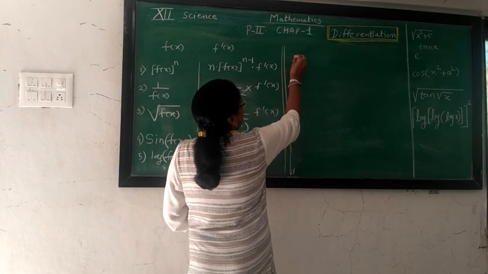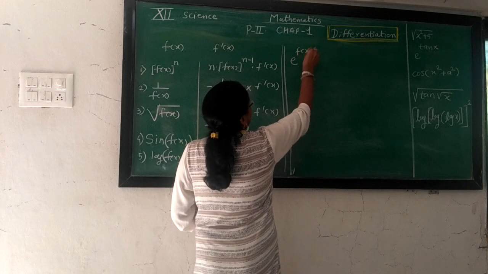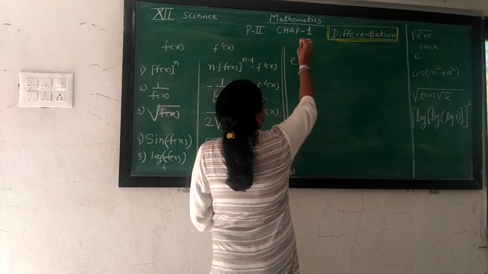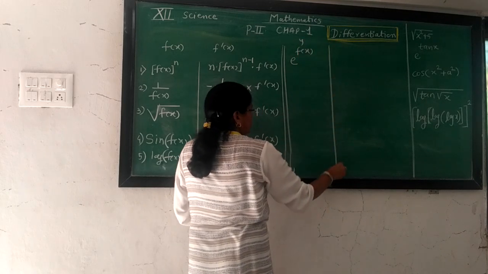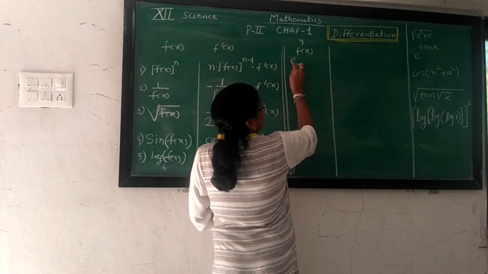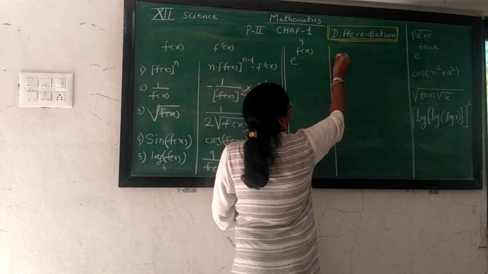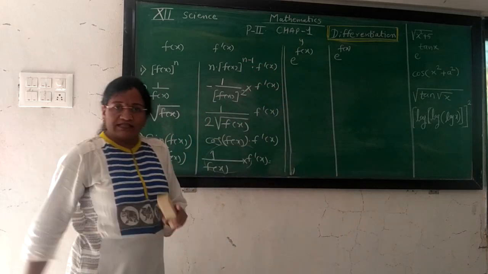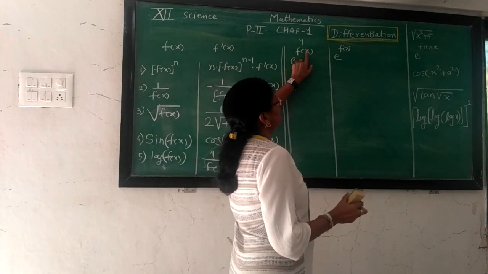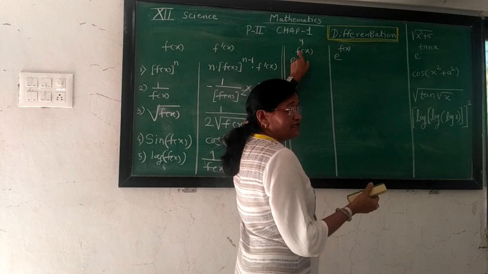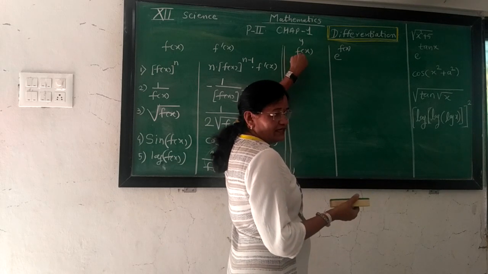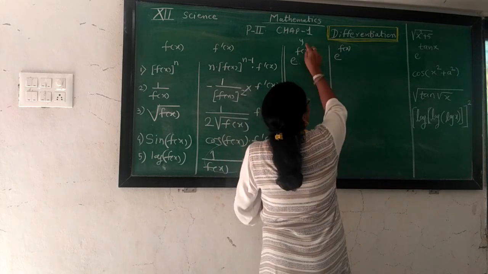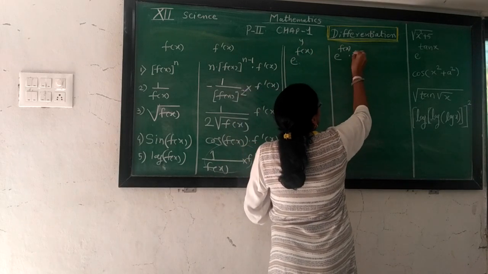Now next, for the exponential function, we take e raised to f(x). This is the function, and now we find its derivative. The derivative function is of the type e raised to x, so the derivative of e raised to x is e raised to x. We take the derivative as it is. But here it is not only x, we take f(x), which could be e raised to sin x, e raised to log x, e raised to x square, e raised to cos x. So we multiply by the derivative of this, that is f dash x.